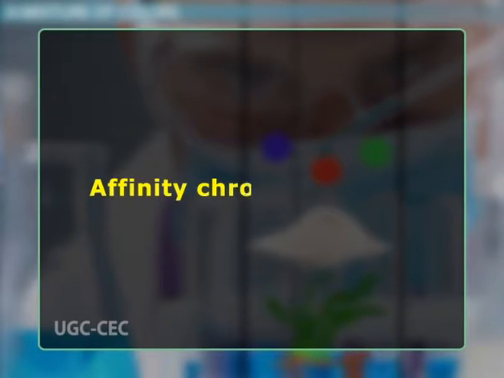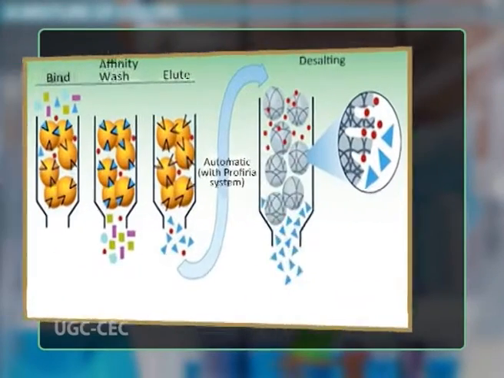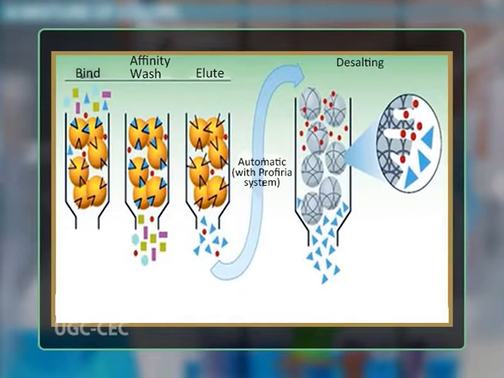Now let us discuss chromatography with special reference to affinity chromatography and HPLC. Affinity chromatography separates proteins on the basis of a reversible interaction between a protein or group of proteins and a specific ligand coupled to a chromatography matrix. The technique is ideal for a capture or intermediate step in a purification protocol and can be used whenever a suitable ligand is available for the proteins of interest.